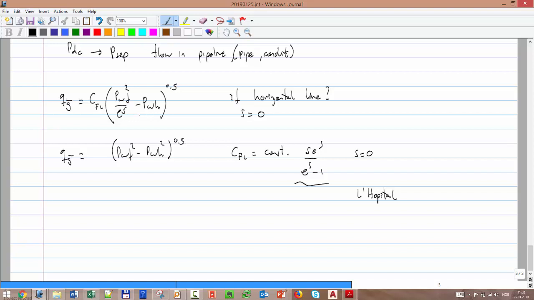If you do that, then I think this becomes 1. With L'Hopital, the limit of S e to the S over e to the S minus 1, when S tends to 0, will tend to 1. And finally, you end up with a very simple expression to use,